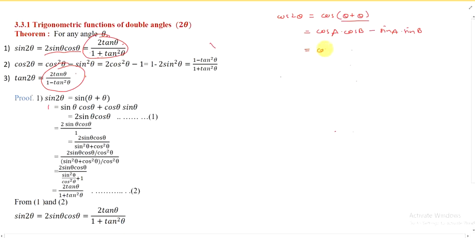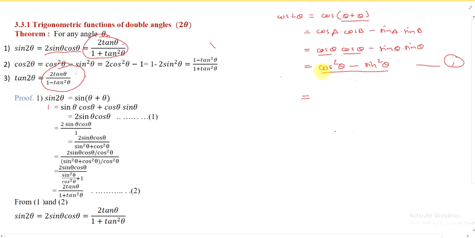Now what is our A? Theta. What is our B? Theta. Isn't it? Again theta, theta. Okay. But here cos theta into cos theta means what? Cos square theta, and sin theta into sin theta, sin square theta. So this is our first result. Isn't it? It is too easy. You will have understood, it is too simple to prove and to remember also. This is the first one. And from this result, we can obtain the remaining two results. How is it? By using the identities.